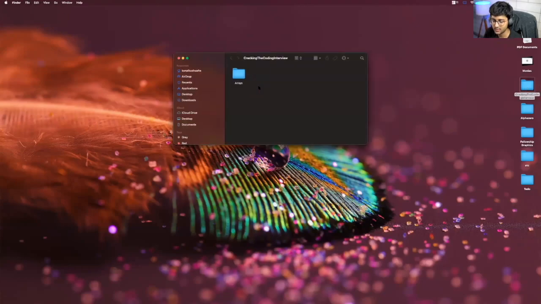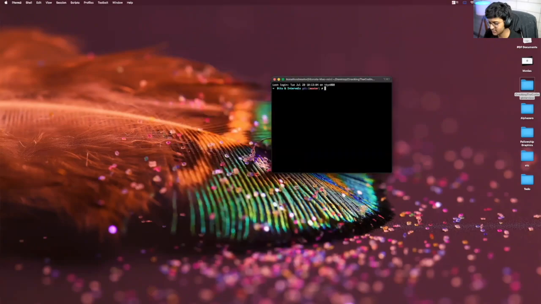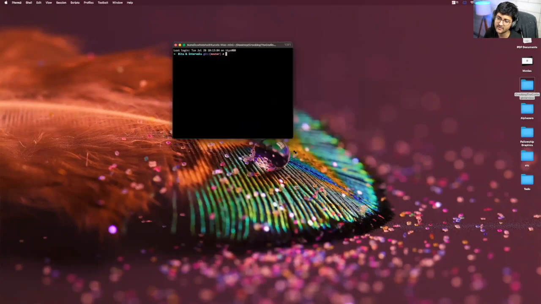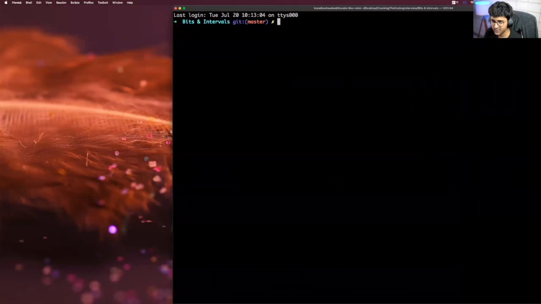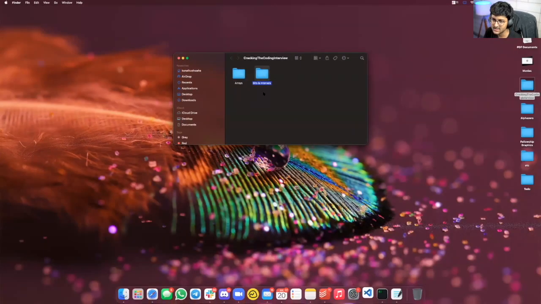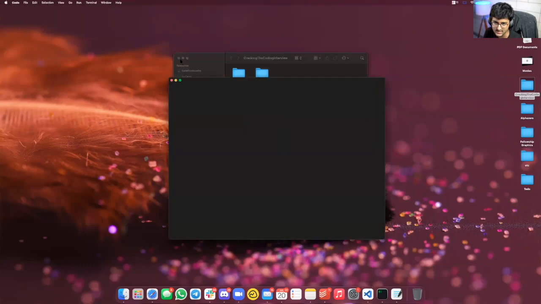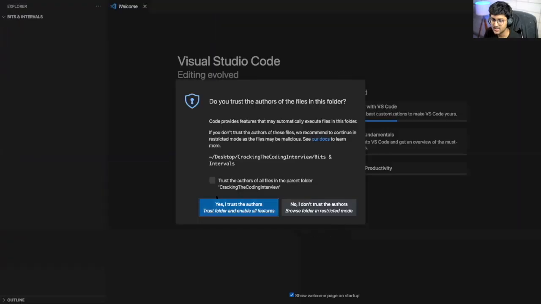Cracking the coding interview, bits and intervals. We also have to do interval level questions today. I'm going to be quite frank with you all. This is not the complete stuff. This is enough to get you started, and you have to practice yourself as well. If you don't practice, then you will not get the intuition behind all these concepts. Practice makes perfect, and especially with data structures and algorithms, practice is key. So even though you'll be learning about all the algorithms here, please make sure you practice as well.